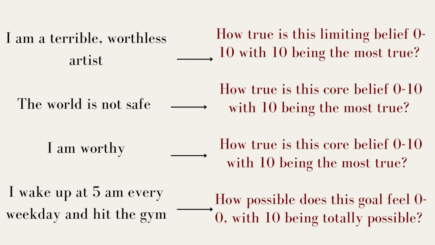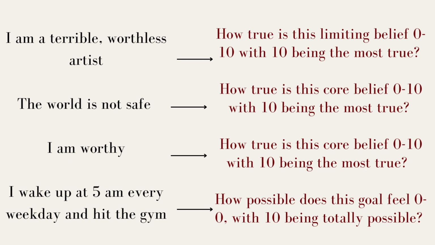And so we've done a lot of examples of core beliefs, limiting beliefs. Let's take an example of a goal, because you can also use VOC scale to measure a SMART goal. So this example, I wake up at 5 a.m. every day and hit the gym. Right? So this is a SMART goal, and you ask your client using the VOC scale, instead of asking them how true does this feel, which you can also say, you can ask how possible does this goal feel for you, right? You're kind of gauging the possibility